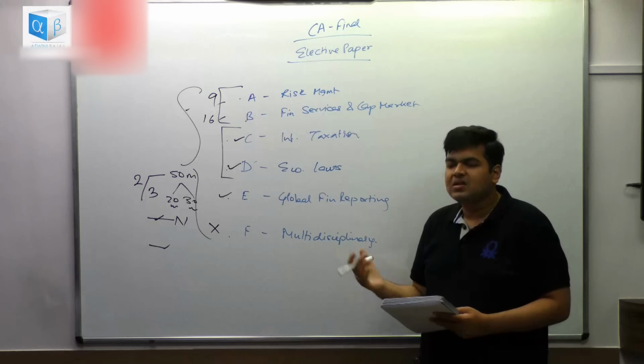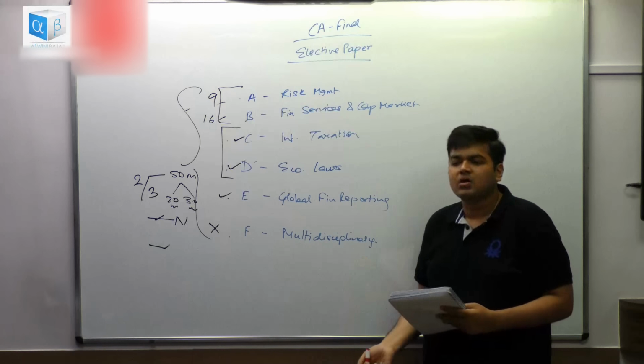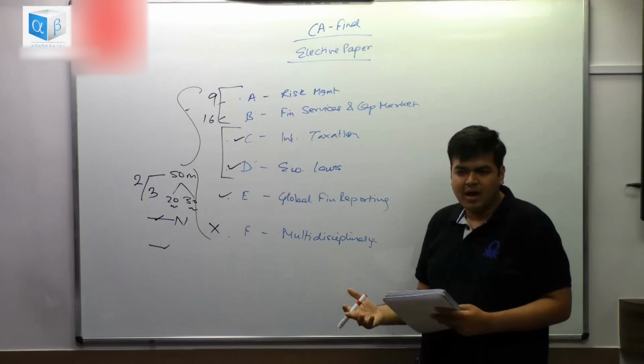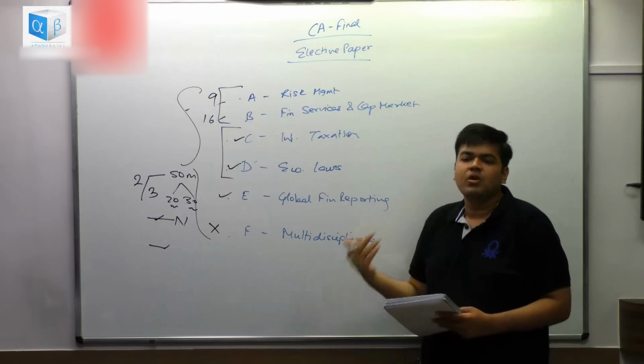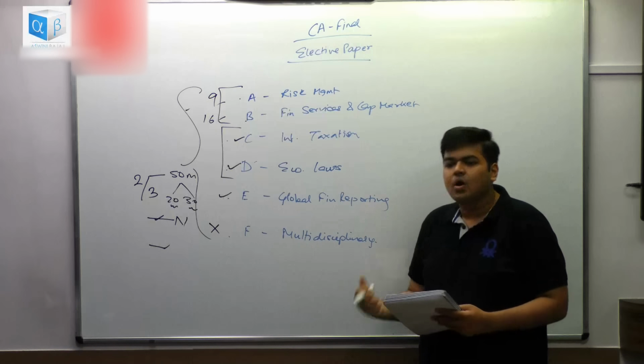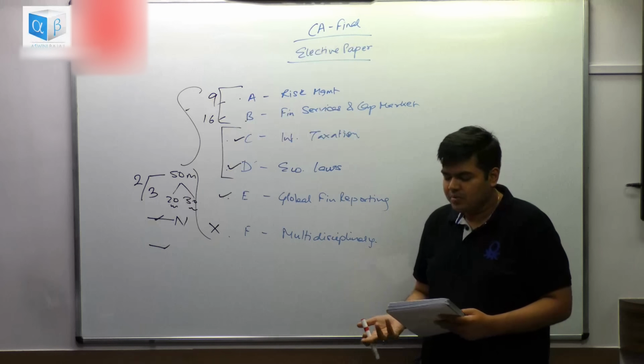Credit risk models. Now the chapter's name would be credit risk models and all. You're not supposed to be building models. It is a very easy, simplified, theoretical understanding that you have to have. But just reading the theory will not help, or mugging up will definitely not help. What is needed is that you understand the context. You don't have to solve sums, you understand the concepts. That's all that is going to be needed.